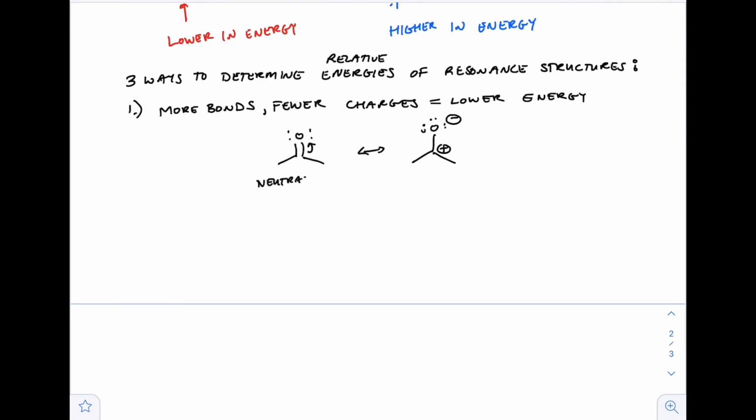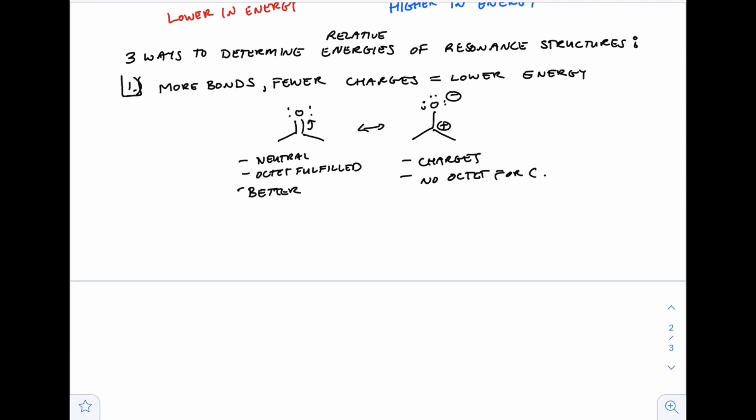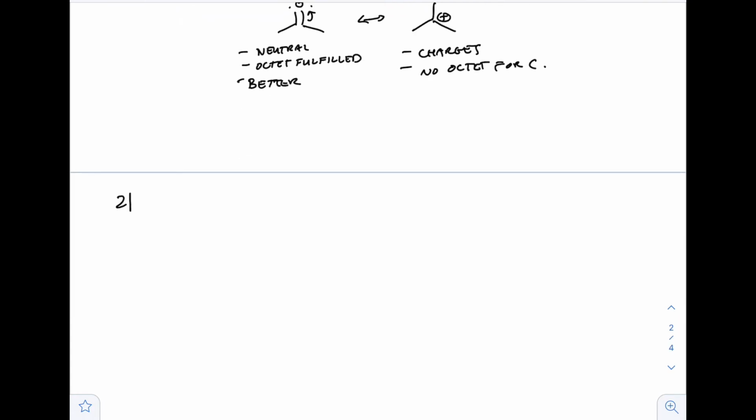The one on the left is neutral, so it doesn't have any charges. The one on the right has a lot of charges for how small it is, right? On the left, the octet is fulfilled, and it's overall just a better resonance structure. The one on the right obviously has charges, and there's not even an octet on that carbon. But that all comes down to the number of bonds. It has fewer bonds, okay? Because number 2